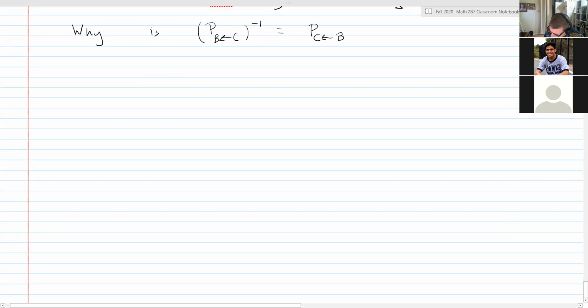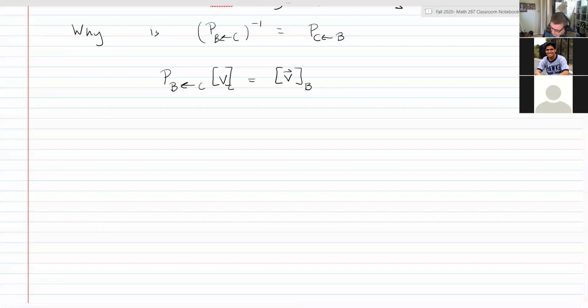If I think about it from this perspective, if I have P and it goes from C into B, and I multiply it by a vector in C, it gives me the very same vector V in B. So they're kind of equivalent vectors. So if what I want to do is take the inverse,